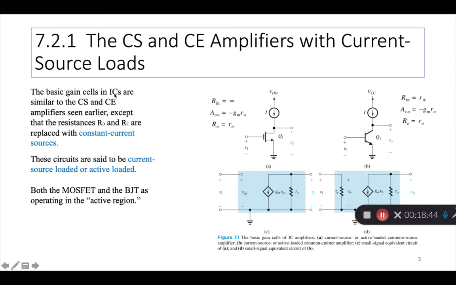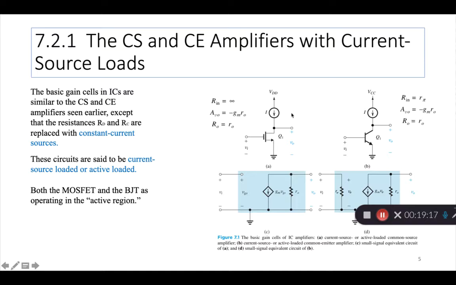So the basic gain cells in ICs are similar to the CS and CE amplifiers seen earlier in discrete applications, except that the resistances RD and RC are replaced with constant current sources. These circuits, like these two, are said to be current source loaded, or they are also called active loaded. Okay, so if there is no resistor but you can see a current source, then you call it a current source loaded